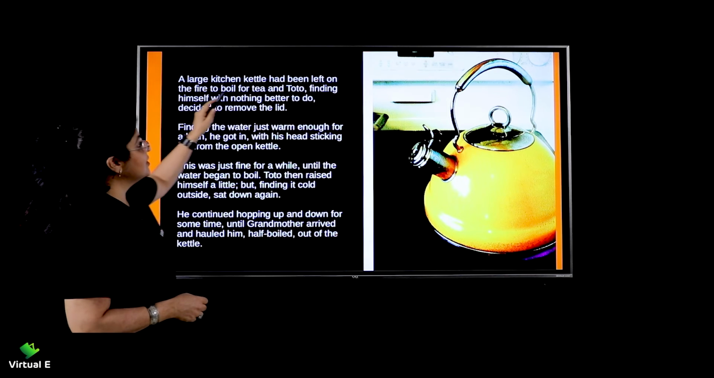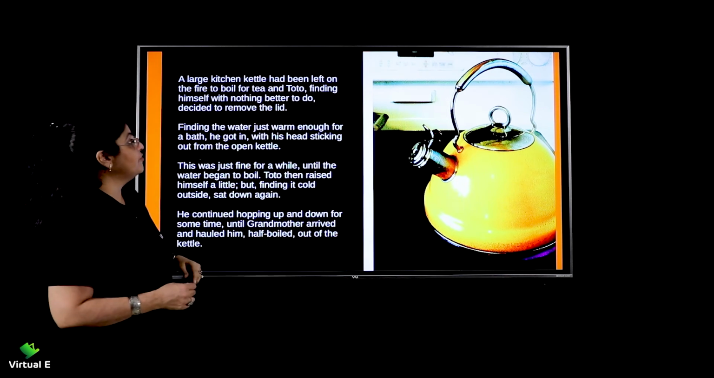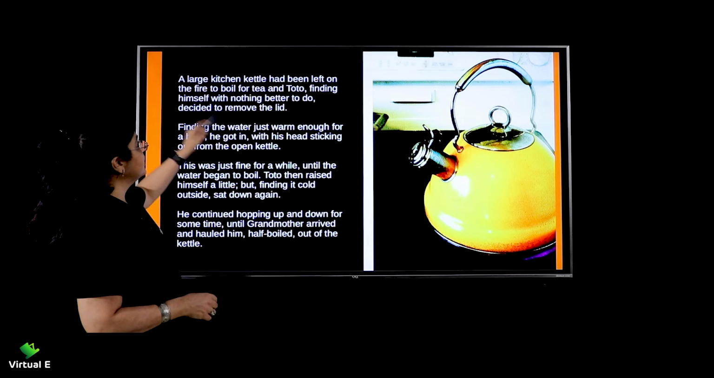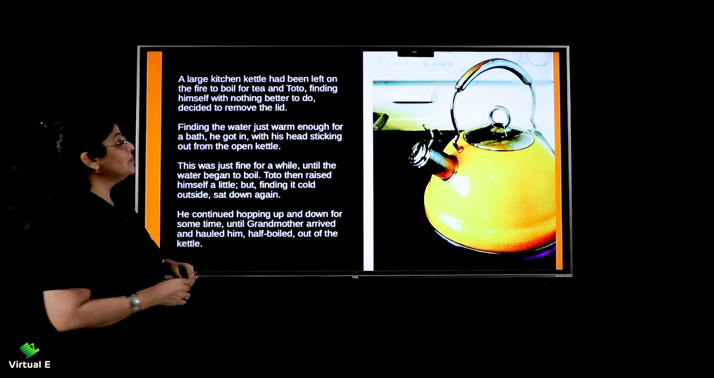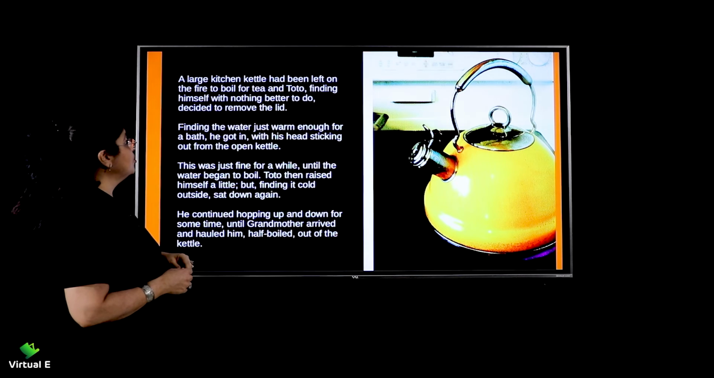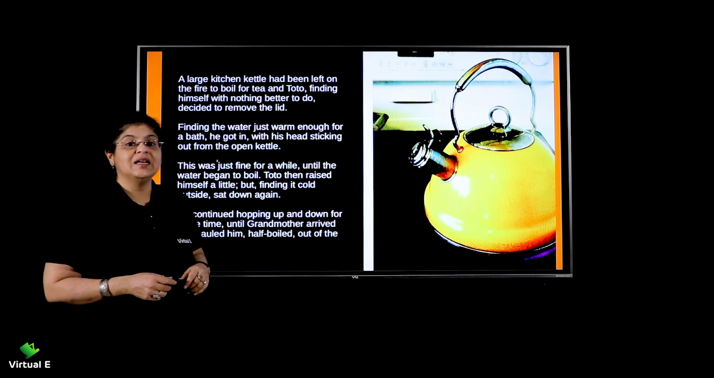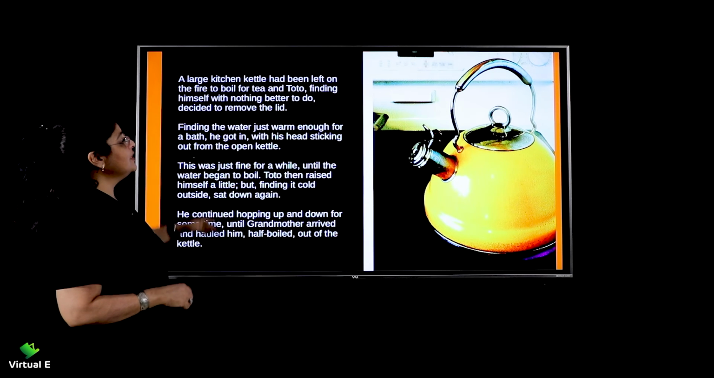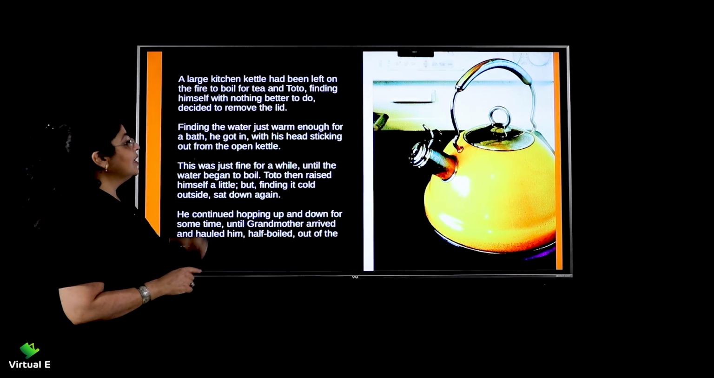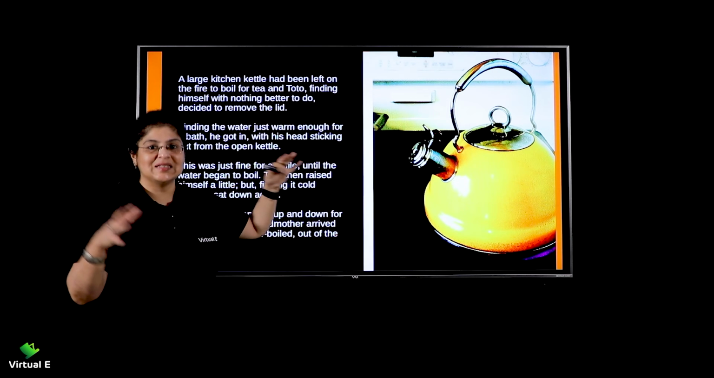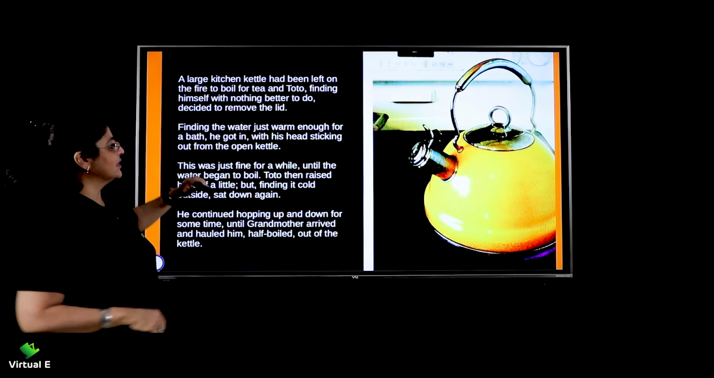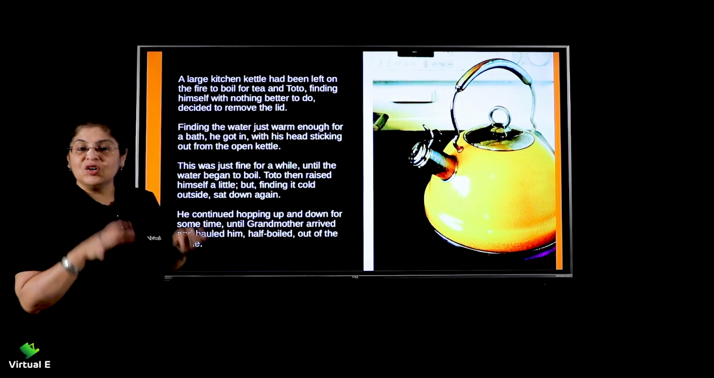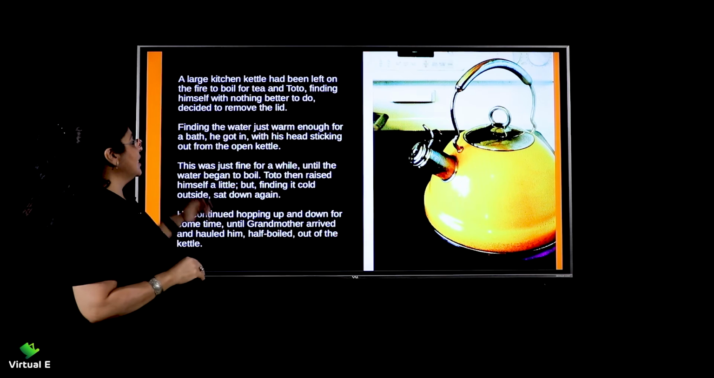A large kitchen kettle had been left on the fire to boil for tea. Now do you see the kettle, this type of it? And Toto, finding himself with nothing better to do, decided to remove the lid. He removed the lid, the cap of the kettle. Finding the water just warm enough for a bath, he got in. Now this is a small kettle. That was a big one where he could manage to get in. So, finding the water just warm enough for a bath, he got in with his head sticking out from the